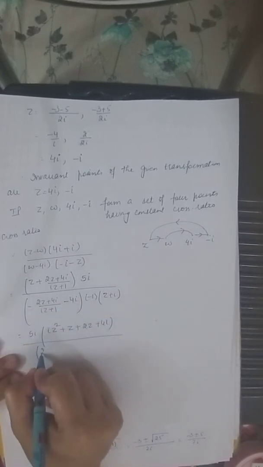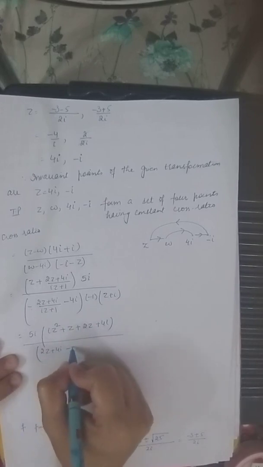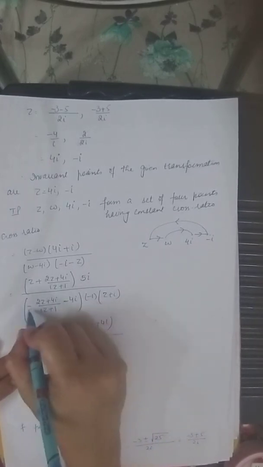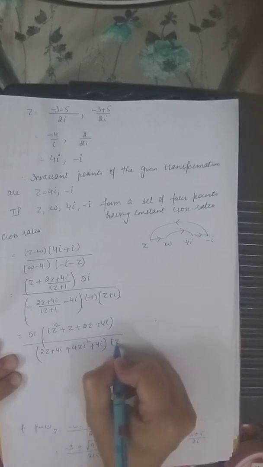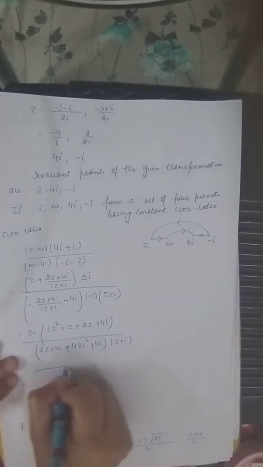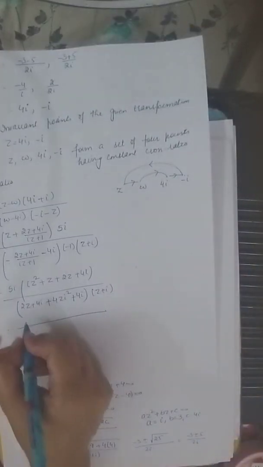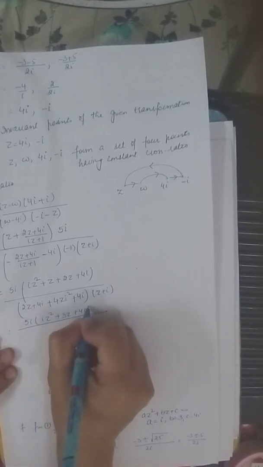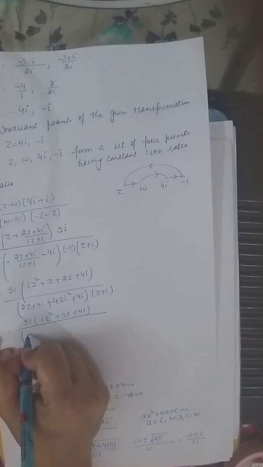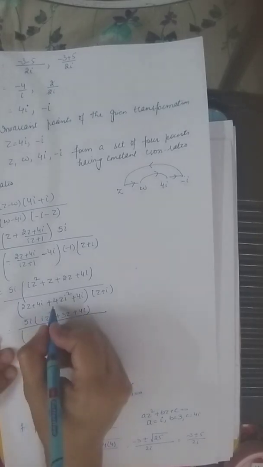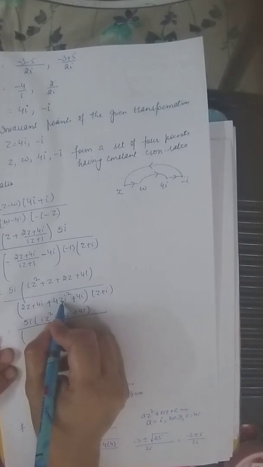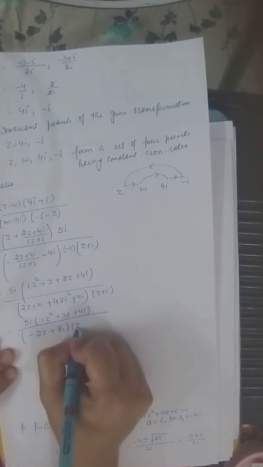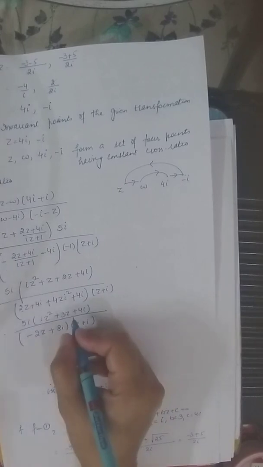Take LCM: 2z plus 4i minus 4z i squared, minus this I have taken outside, plus into (z plus i) equal to 5i z squared plus 3z plus 4i divided by... this will give you minus 4z; 2z minus 4z will give you minus 2z plus 8i, z plus i, that is